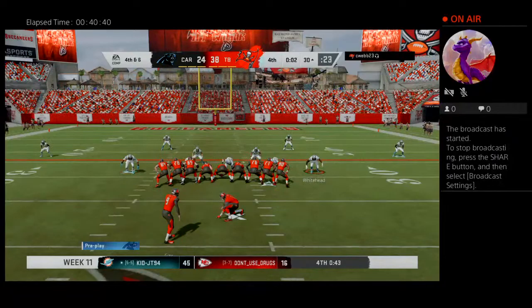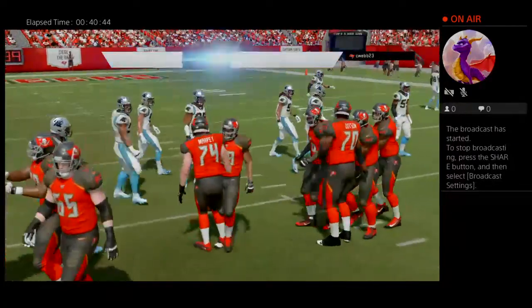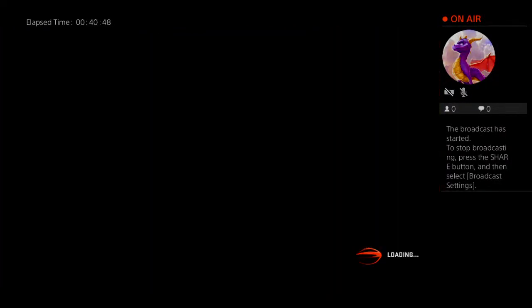Well, they could just run this clock out, but here is the field goal unit on 4th down. This to make it a 3-score game late. Today's final score, Buccaneers